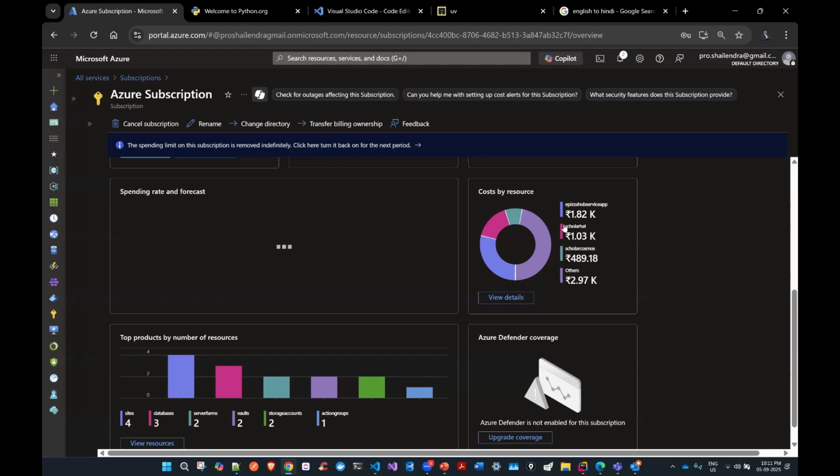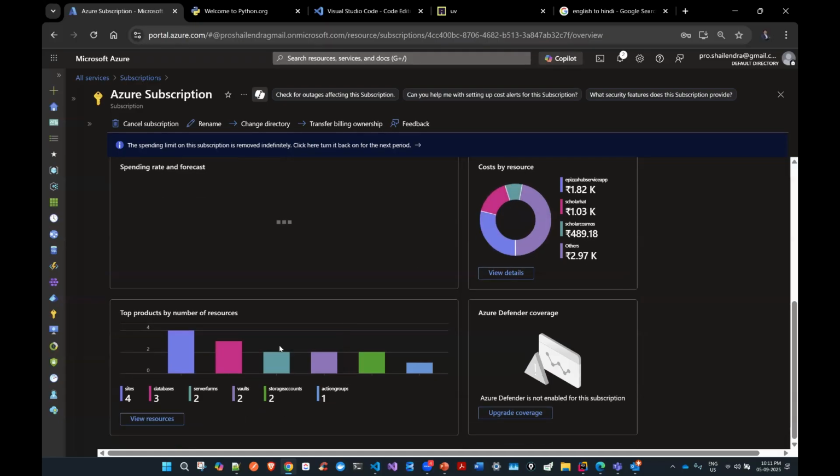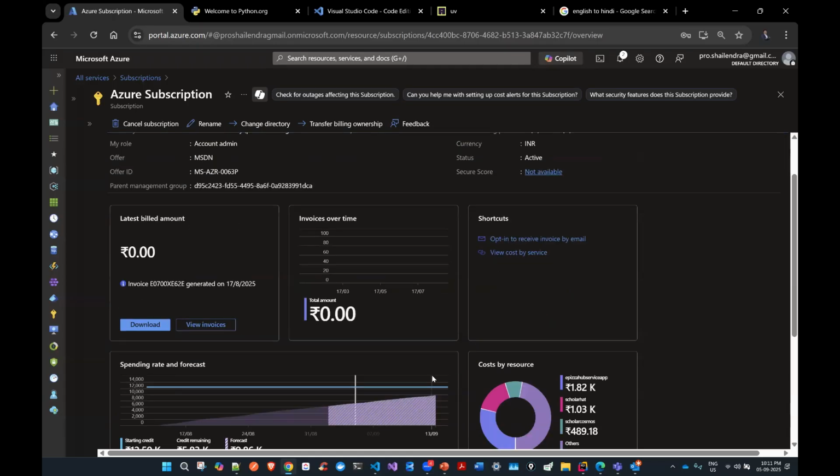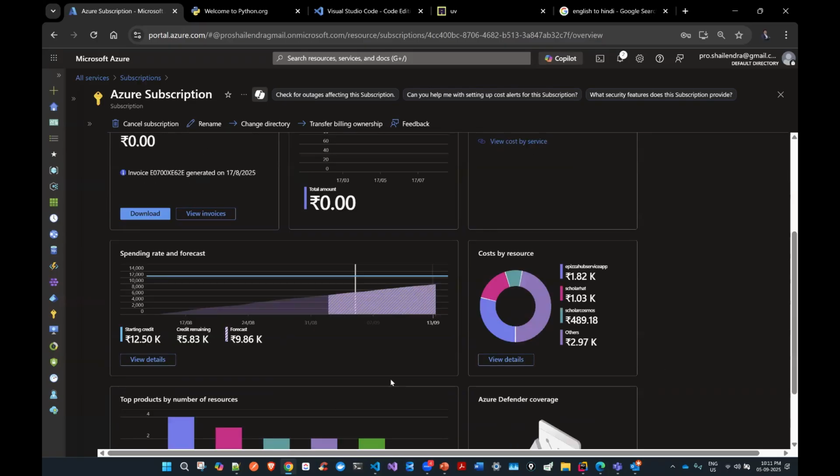I have created a service, this one, so this much amount I have spent over there. This much amount I have spent over there. So just keep looking at the cost of the resources you are paying and what the estimate can be. The forecast in my case is 9,800. This is the forecast we are getting over there. Simple.